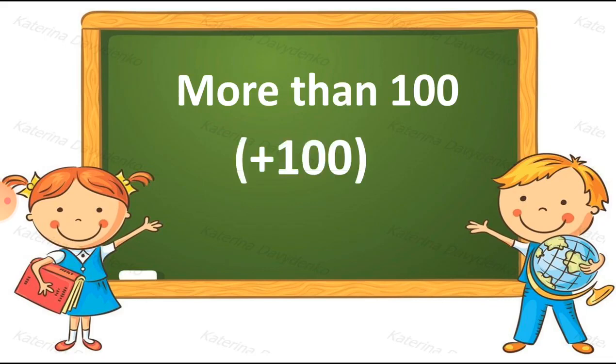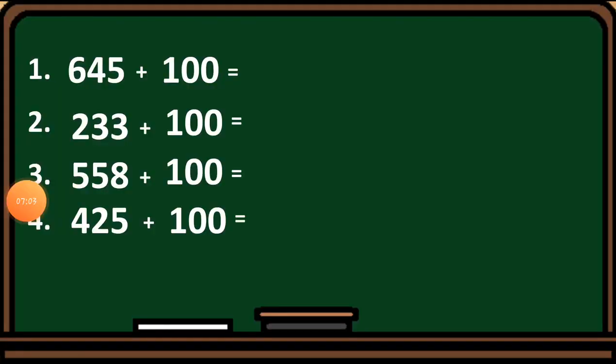It means plus 100. We have to add 100 to the given number. Let's see how through the examples. Here is the example, which is 645. So we have to add 100 to this number, and you can add just one to the hundreds place. So you also get the answer. Let's see how. Here is the answer, 745, if you add 100 to 645.